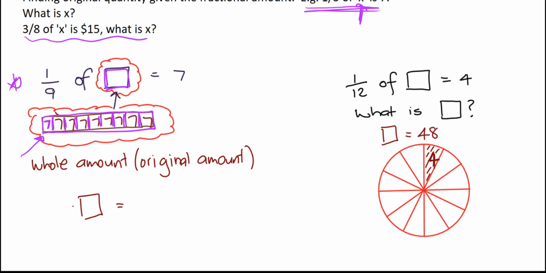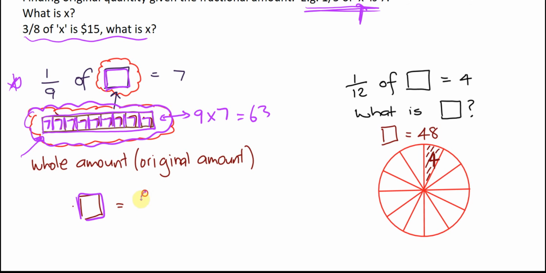So 1/9 is 7, which means that each of these ninths are also 7. So each ninth is worth 7. So the original amount is this whole amount here. So how much is this whole amount? Well, I've got 9 sections and each section is worth 7. So I've got 9 lots of 7, which is 63. So the original amount